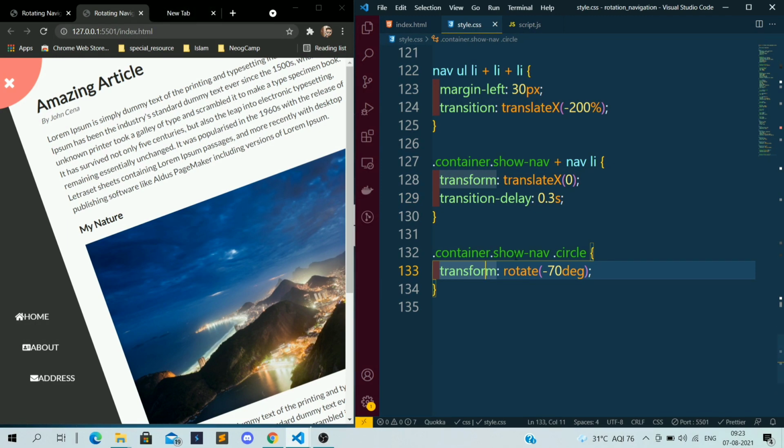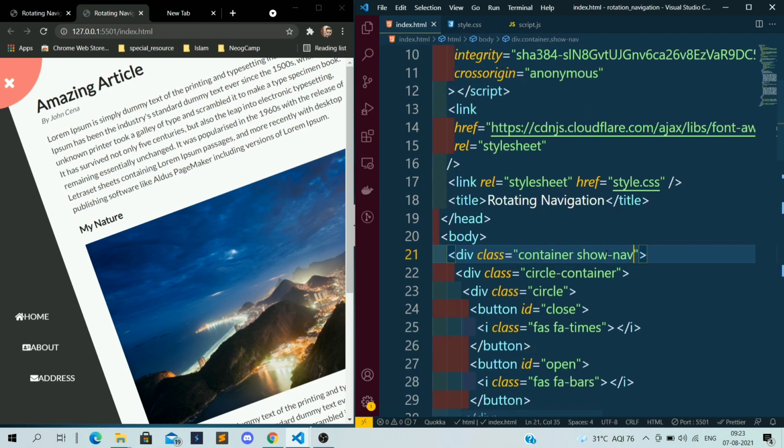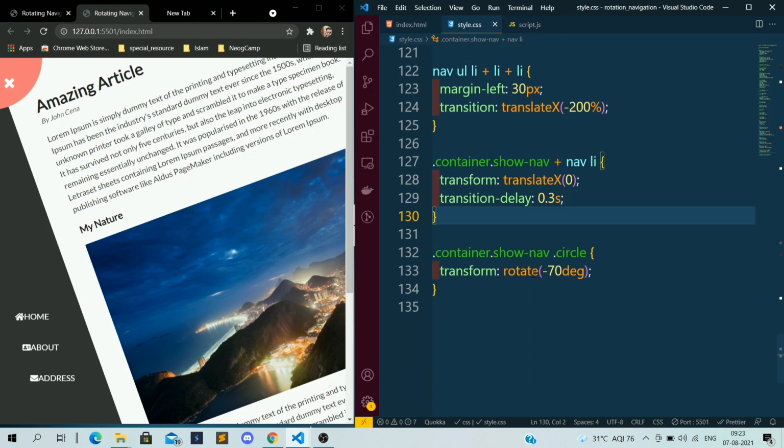Now our main motto is, since we have added this show nav bar manually, this circle is rotating by 70 degrees, and we are able to see this nav bar, correct?